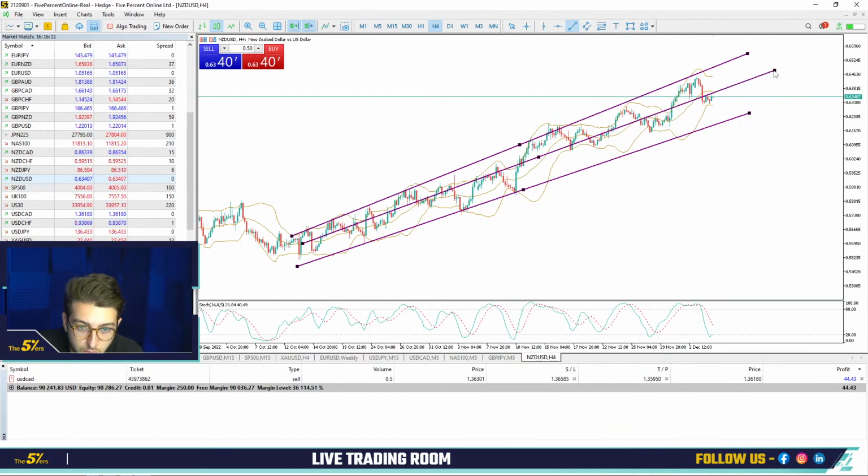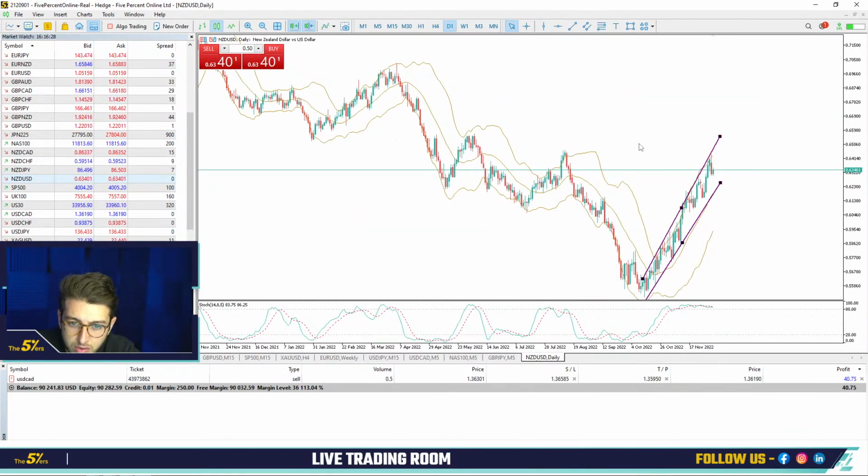But here it's going to be the average. So here the price is exactly at the average in the H4. We can also see that we are a little bit close to the median of the Bollinger Bands here. So in the H4 chart, I prefer to wait for any volatility movement. If I go to the daily chart, first of all, I'm not looking for a buy here. That's a good point. We are at the top of the Bollinger Bands. The average is also far, so selling can be an opportunity.